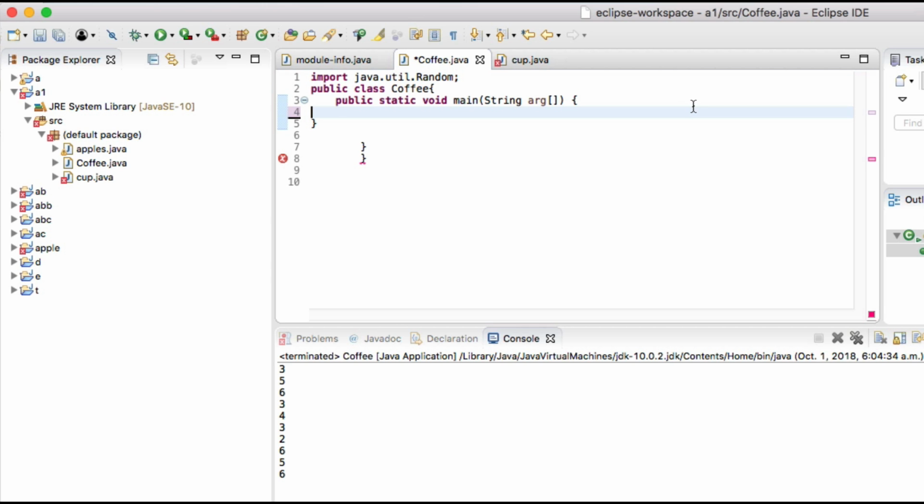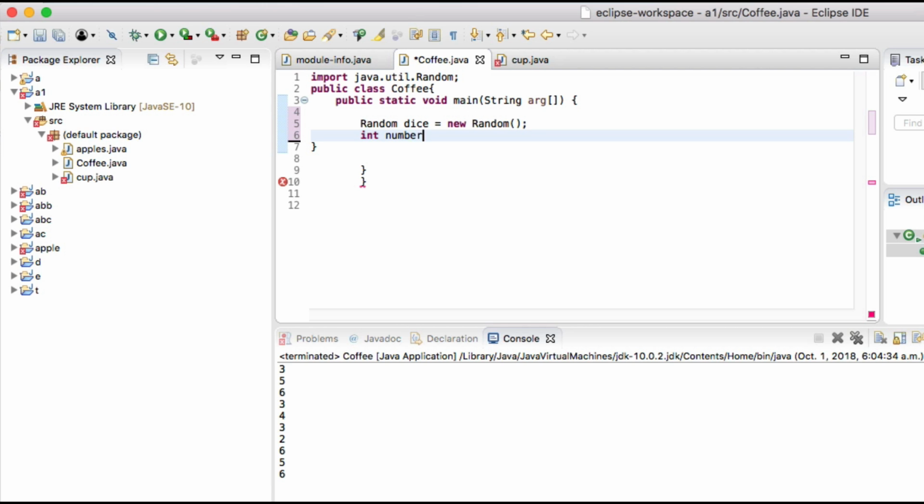and inside of this public static void main function, we put Random dice is equal to new Random(); bracket and a semicolon, then int number,